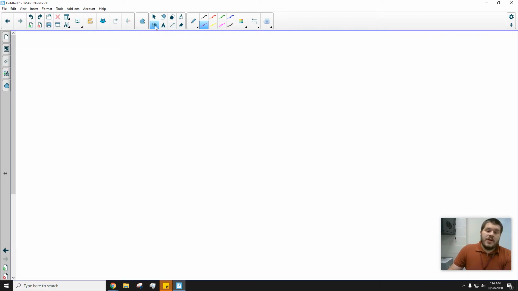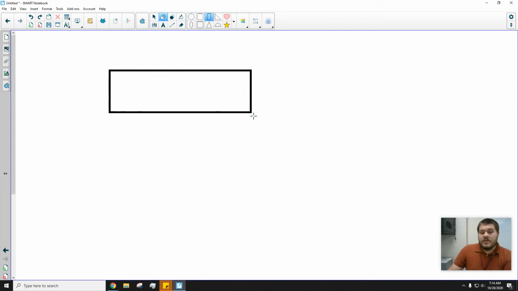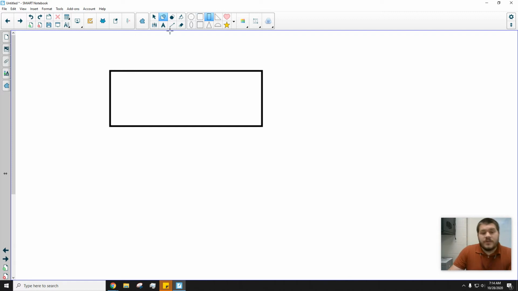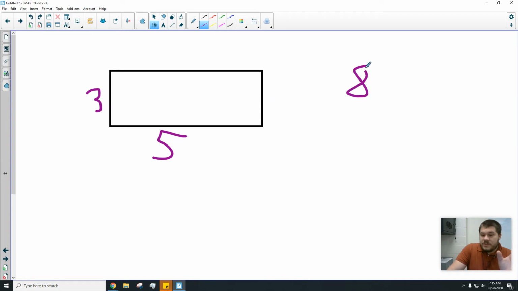So all the perimeter is really just adding up the distance around an object. So if I have this rectangle, for example, and I give you this side's 3 and this side's 5, that's all I give you. Do you think you can figure out what the other sides are? So we have to know all the sides. Now, some people be tempted just to add 3 and 5 and say the perimeter of this rectangle is 8. But that's not exactly correct, is it? Because